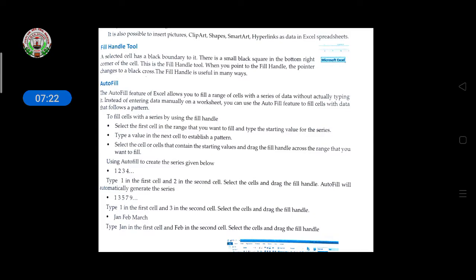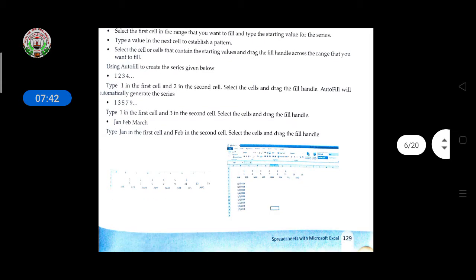Or if you want to write a series like 1 2 3 4, and then select autofill, it will continue up to the last cell you selected. Like this, autofill works.